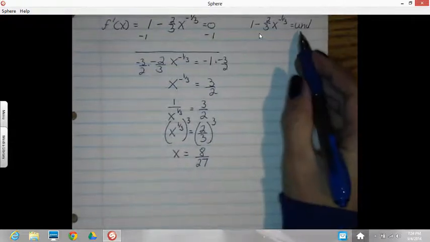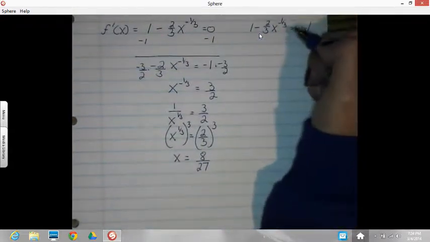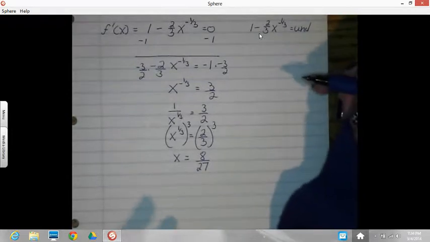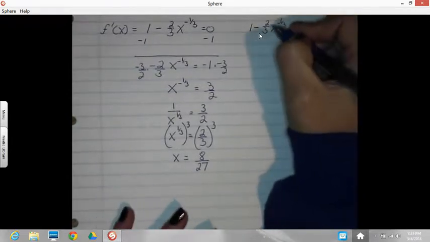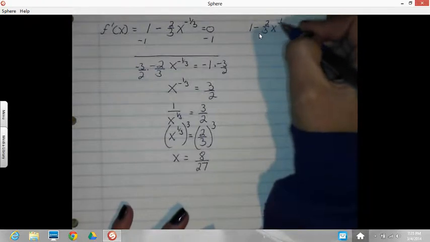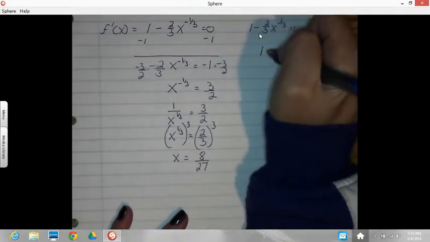Undefined. Again, undefined is when the denominator comes out equal to 0, because you can't divide by 0. So I'm going to have a denominator here if I write this with a positive exponent. So anytime you have those negative exponents,